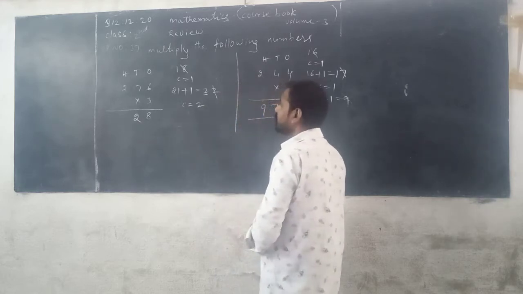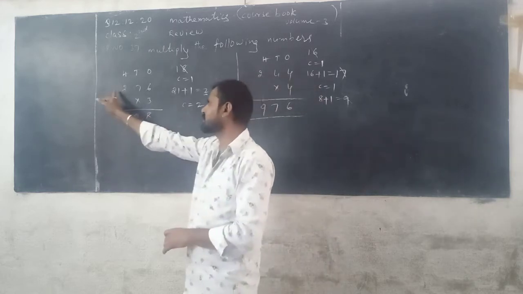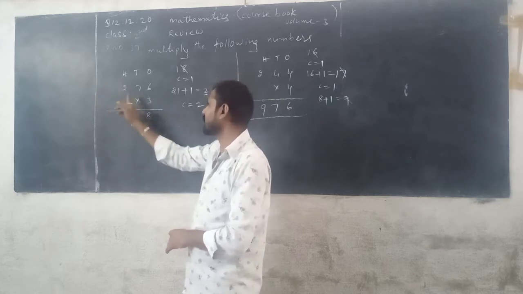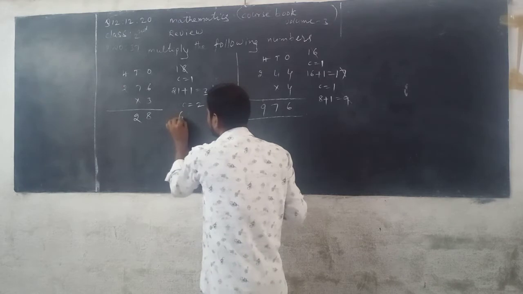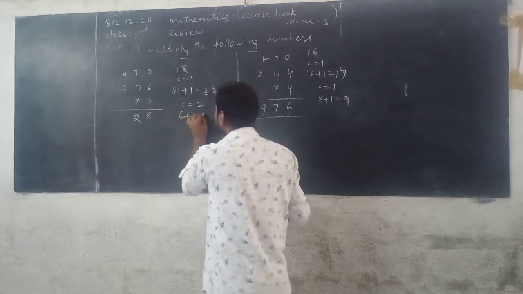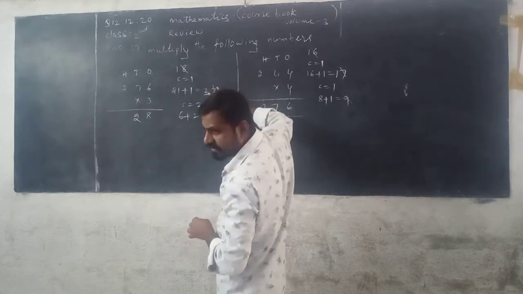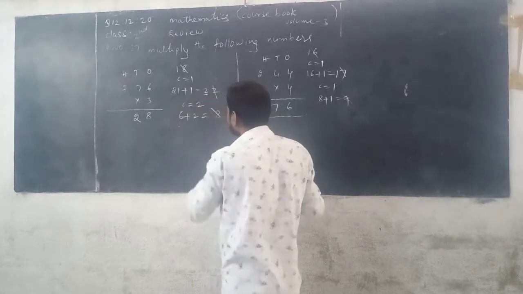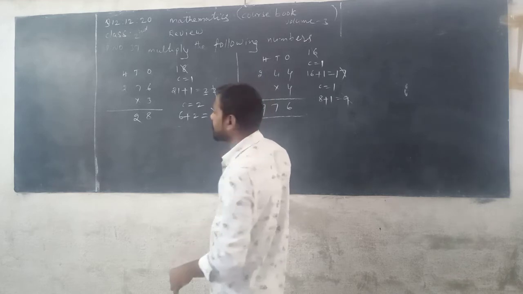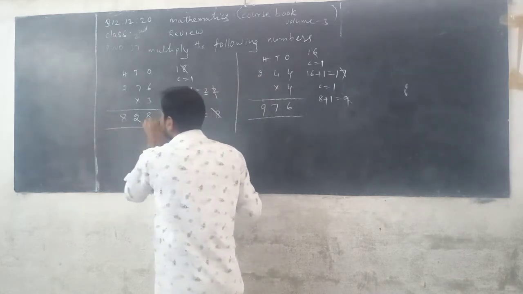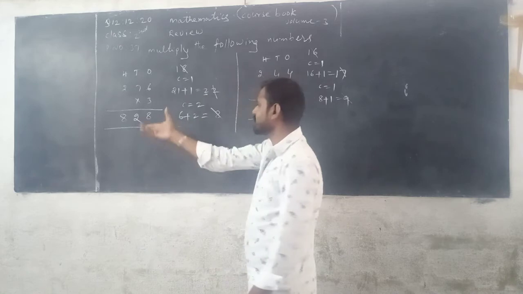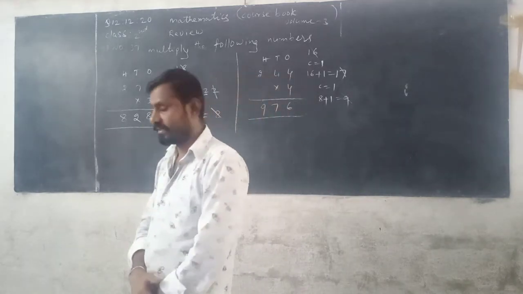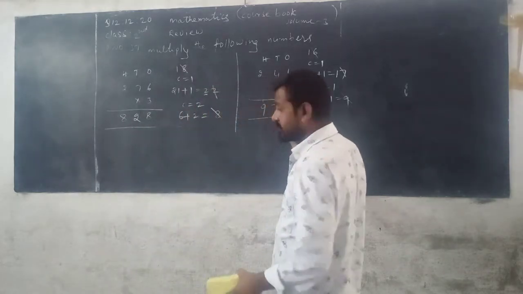Next, we multiply the digit in the hundreds place. That is 2. 2 with 3. Then you can read the 3 table. 3 twos are 6. So 2 is added to 6. This is the previous carry. 6 plus 2 you can get 8. 8 is written down in the hundreds column of the product. Then the product is equal to 828. Now this is completed. Next one is